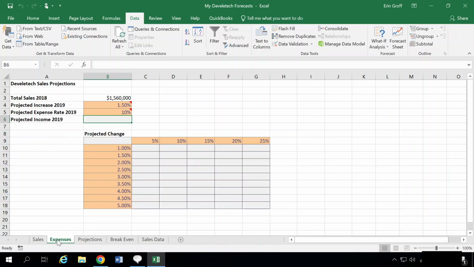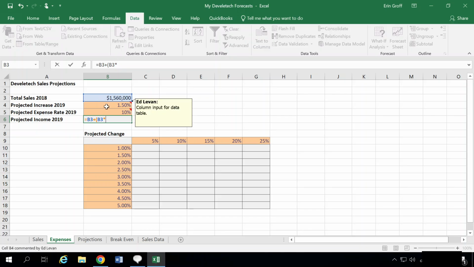We're going to navigate over to our expenses worksheet, select cell B6, and we're going to enter the formula equals B3 plus, open parentheses, B3 asterisk for multiplication, B4, which is the projected increase percentage, closing parentheses, and then we're going to subtract, so minus sign, open parentheses,